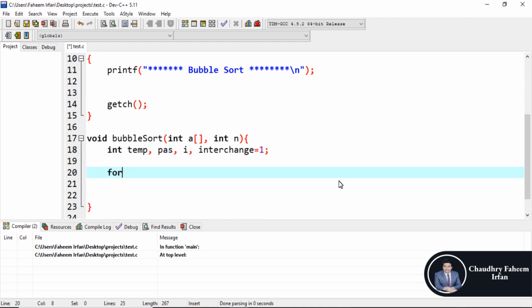Here is the outer loop for pass equal to 1, pass plus plus, so this is the first pass, and here is the condition pass less than n minus 1. By using the AND operator, also check interchange should be equal to 1,